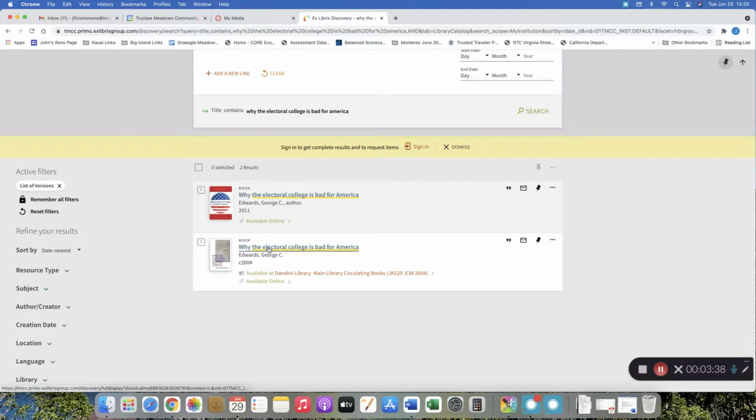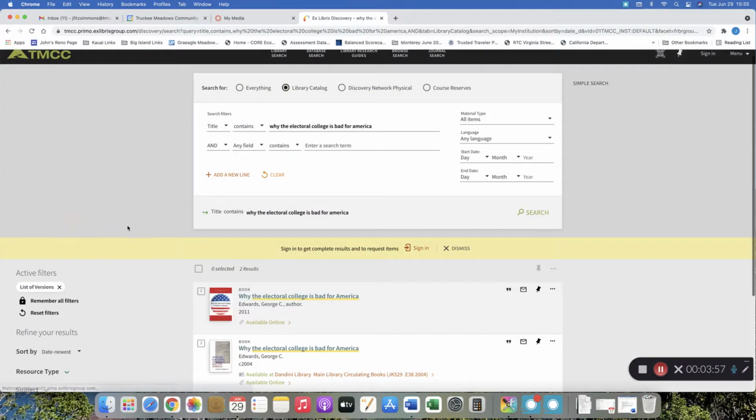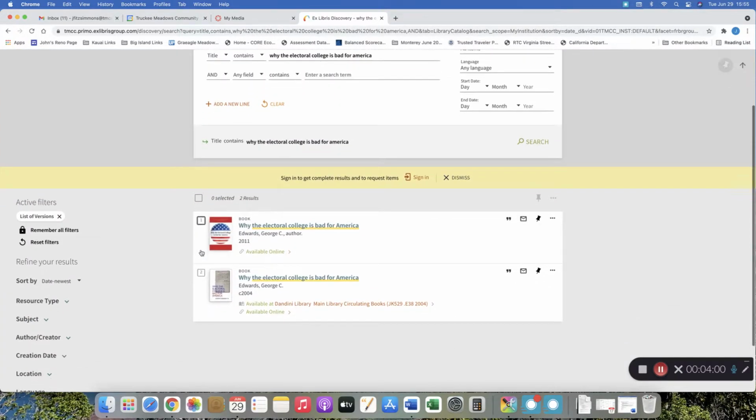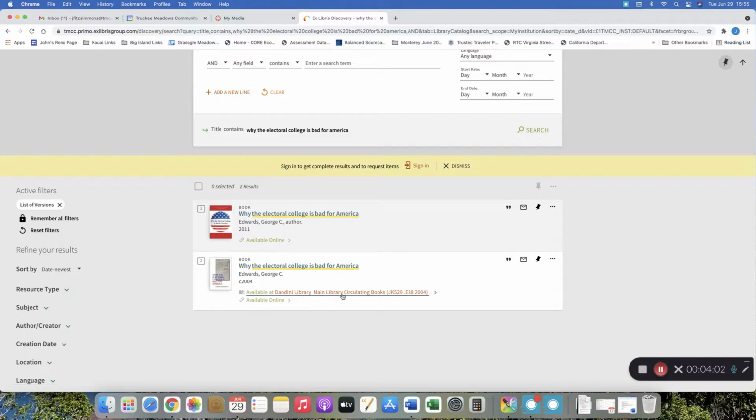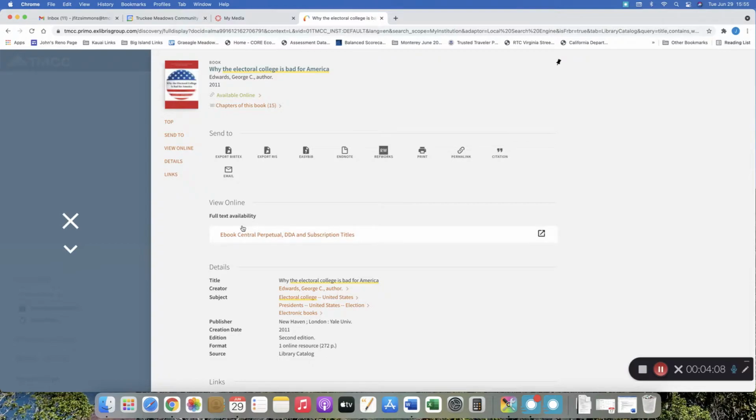So if we click into this entry here, we can see, okay, we've got the 2004 edition on the shelf at this call number. It gives it there for you and gives it down here. But it's also on both of our ebook collections here. So let's click that big X, get out of that. Let's say we want to skip the physical collection and we just want to go with the digital. So we can see the most current edition is available only in eBook Central, which is kind of interesting. And if we click on that eBook Central,